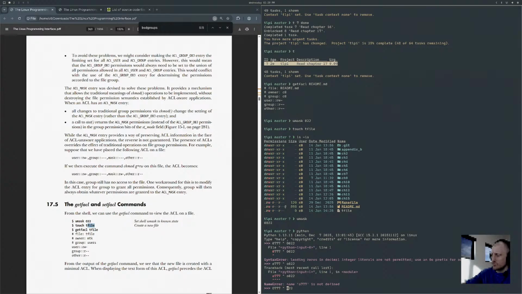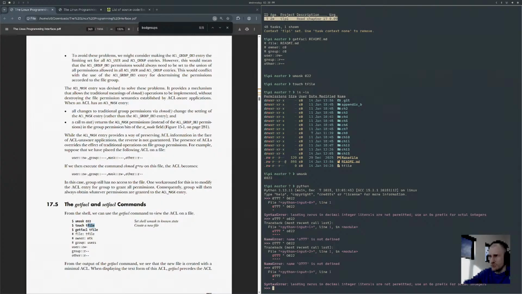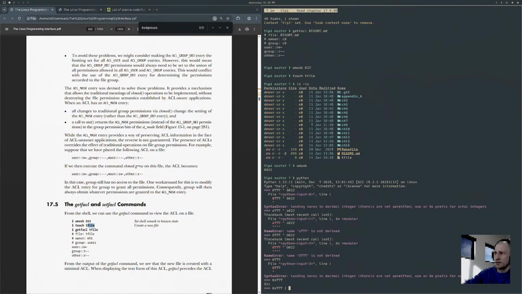How do you do octal in Python? I thought 0777, oh, I think it's 0o777. I think they changed it. They made it so confusing. 0o022,